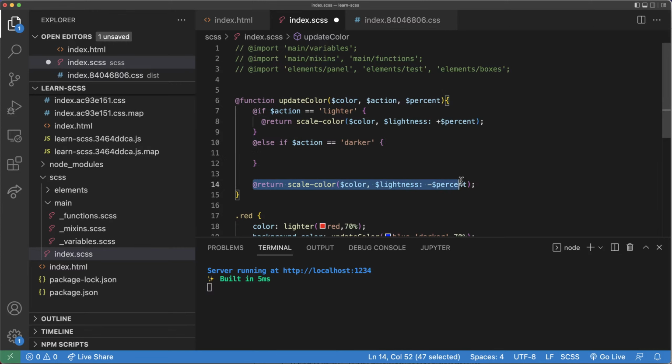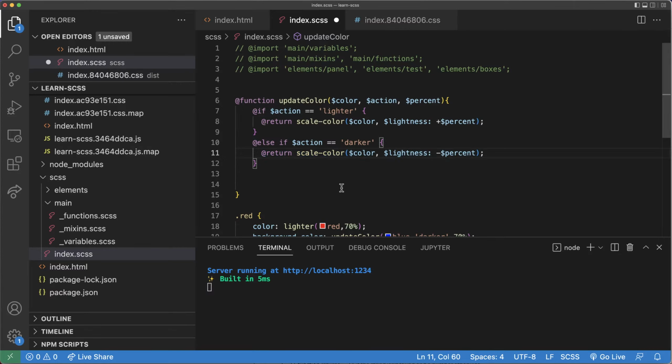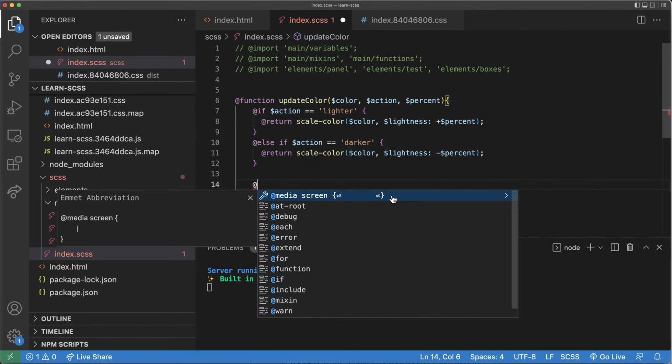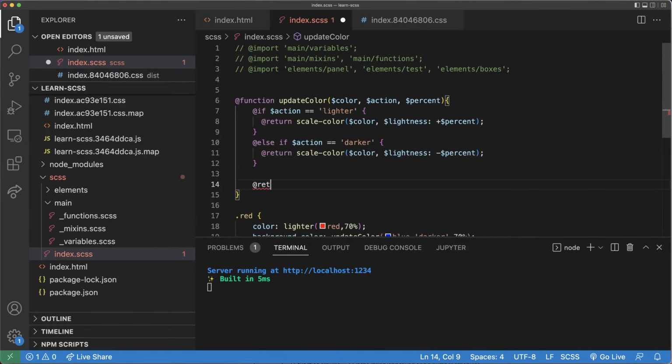Then we're going to return this. So then we can say if it's not darker, it's not lighter, if they pass something else to this, then we can return